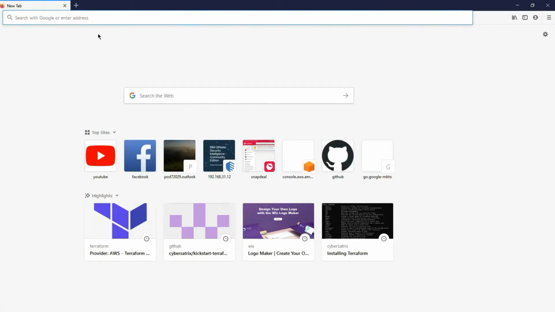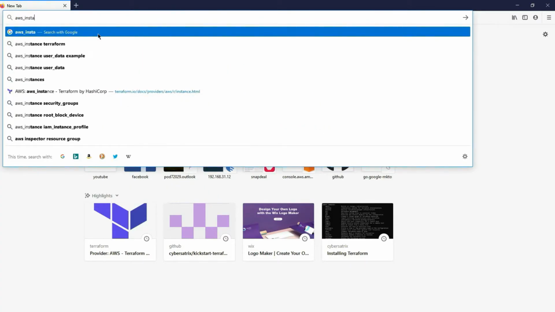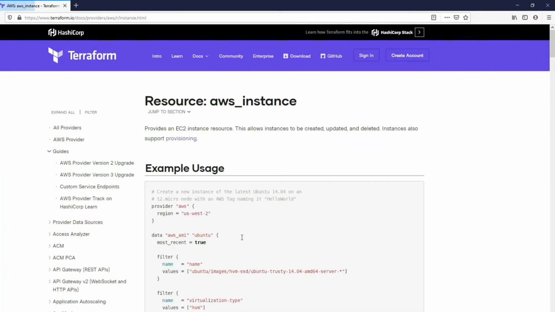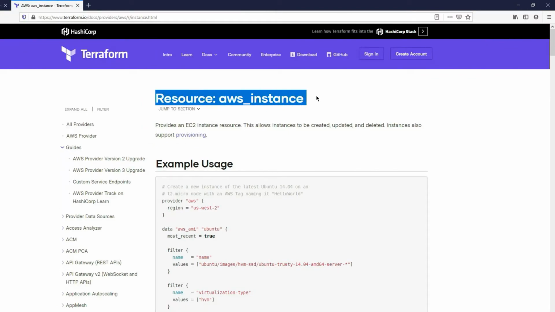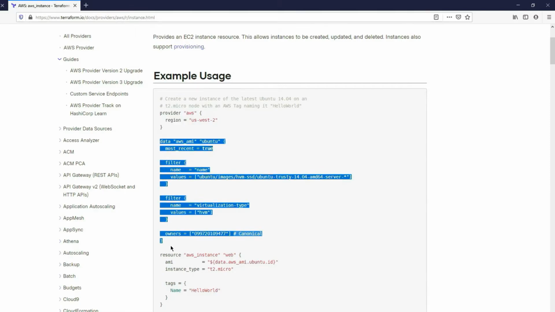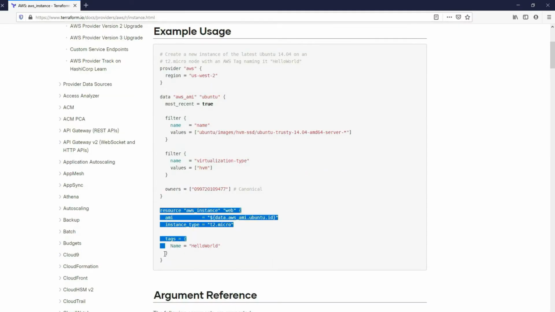You can simply search for AWS instance Terraform, and this is the first result that you will get. You have the resource aws_instance documentation. You have the provider section which we already completed, and the next thing is this section below. This information is basically pulled from the data sources, and then at the end you have a resource section.